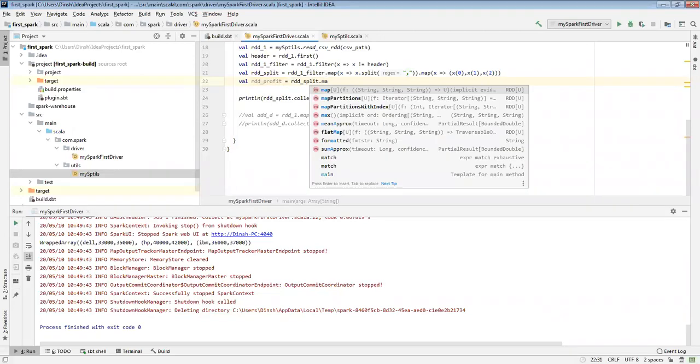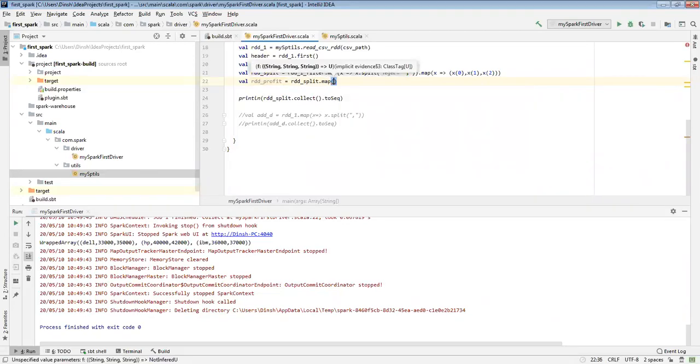So it is a lambda, whatever sequence I am giving to the lambda.